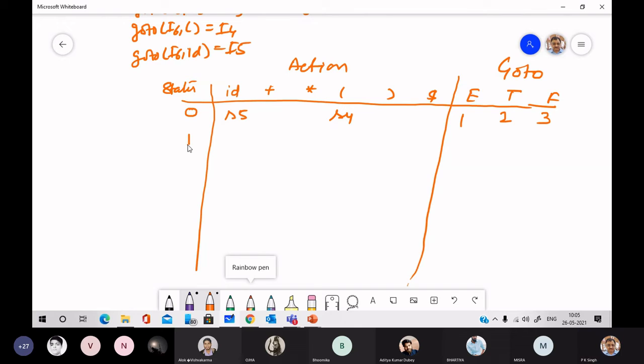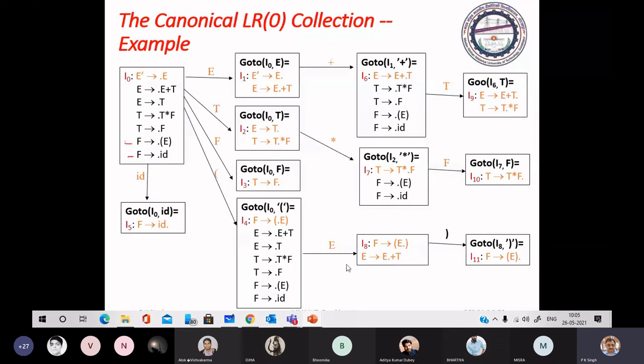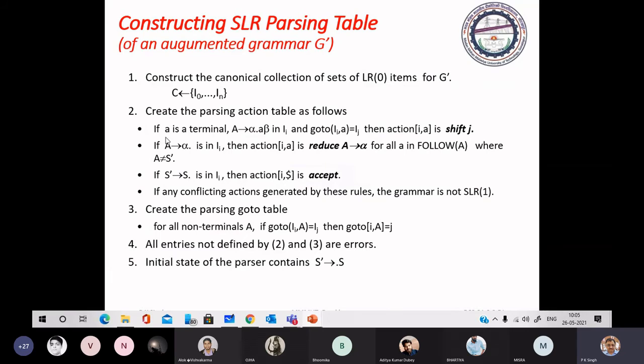Now state 1. This rule we have already considered: if A is a terminal just after the dot and go to I A is I J, then the action of I, A is shift J. Now the second rule: suppose A to alpha dot is in I i.